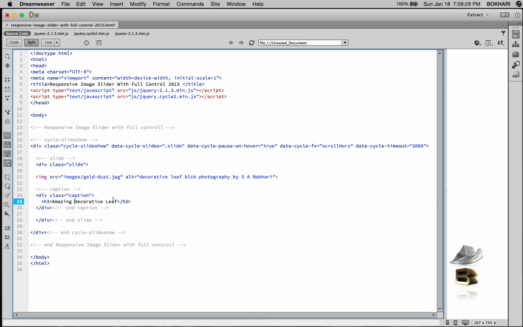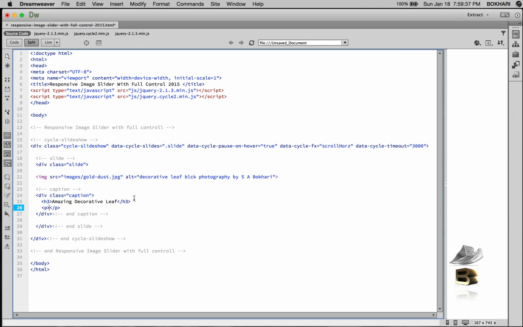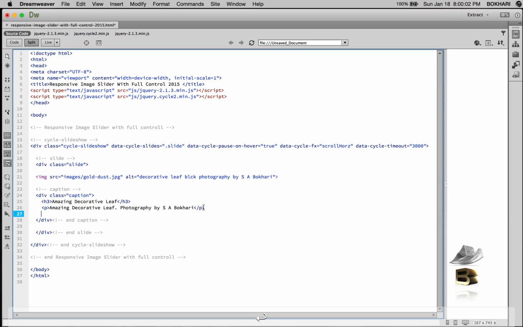Amazing decorative leaf, and then just after the h3 tag I'm gonna add the paragraph tag. Within here I'm gonna write some text. So, amazing decorative leaf photography by S.A. Bukhari. And also just after this paragraph tag we're going to have another paragraph tag, and we're gonna